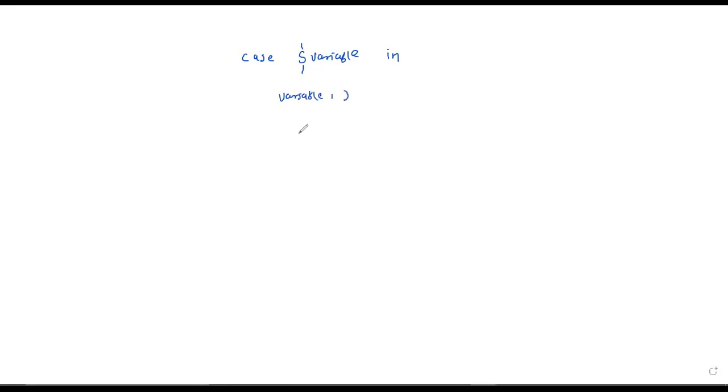Then we write condition, or it is better to say we write action. Then in the next line we write semicolon twice. Then we write variable 2.